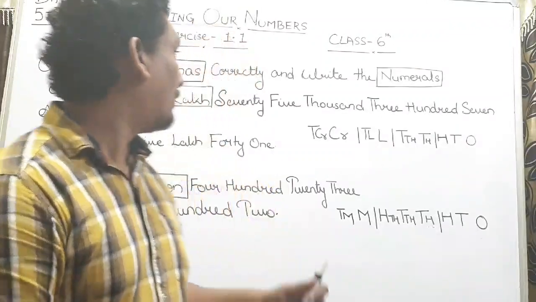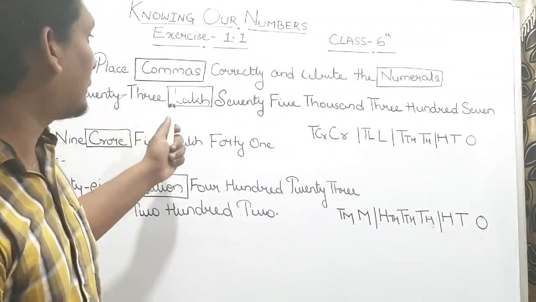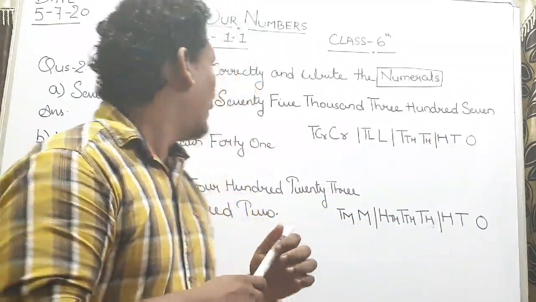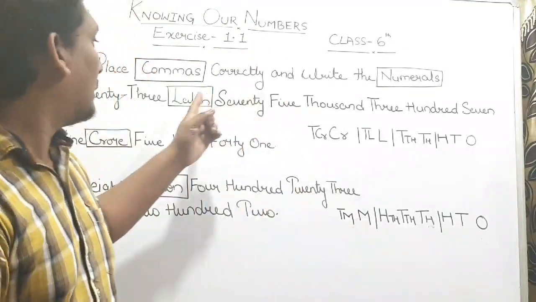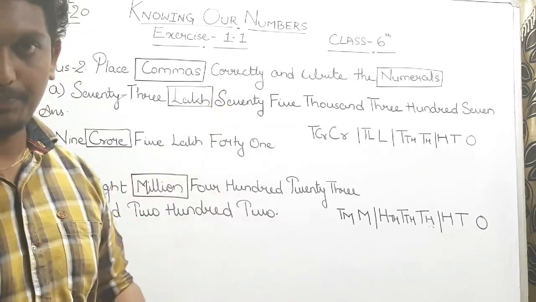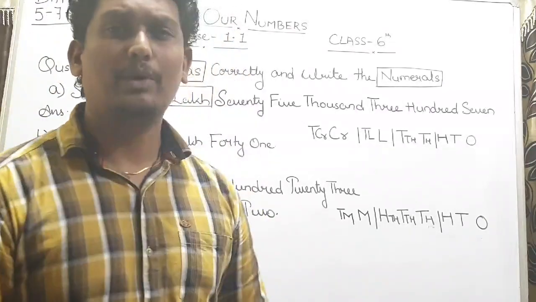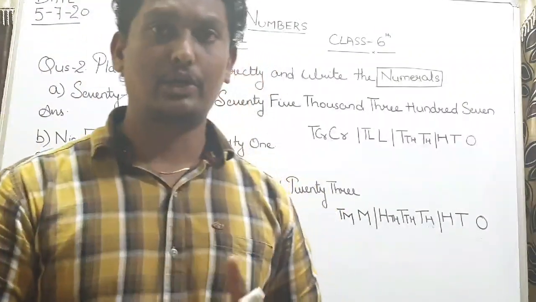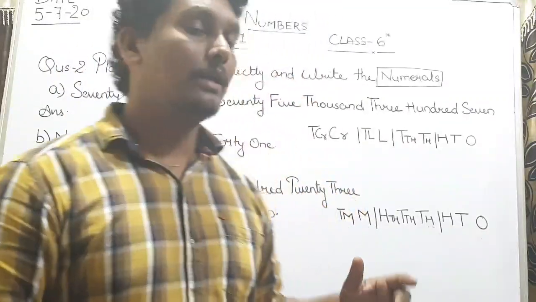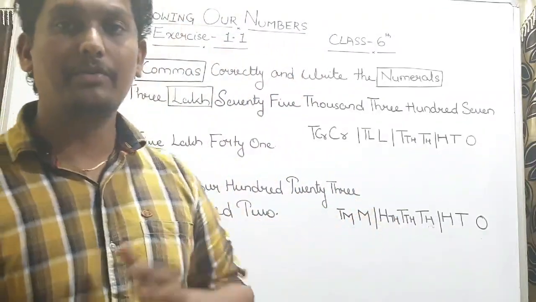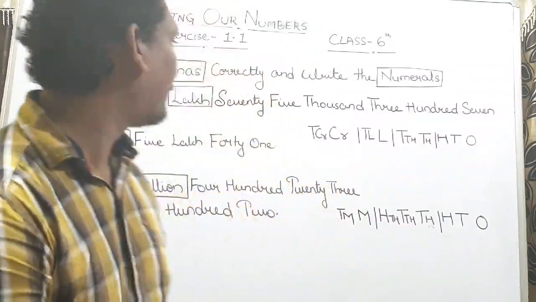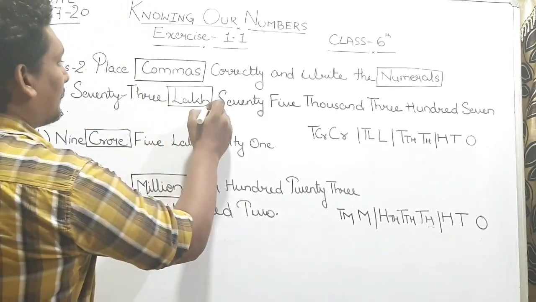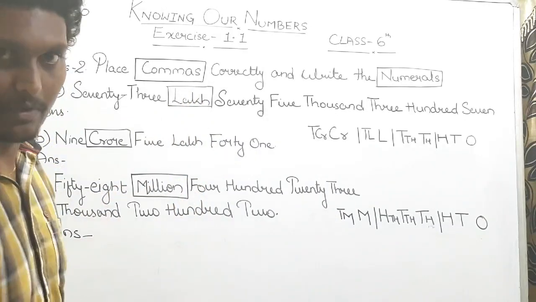Okay. So first question, 73 lakhs 75,307. This is the first question. We have to first identify in which system this question will come. Okay. So again I want to tell the same thing. Lakhs and crore always come in the Indian system, and 100,000, million, billion, trillion will come in the international system. So first we will find out in which system the first question is coming. So here the lakh is given. So it will come in the Indian system, right?